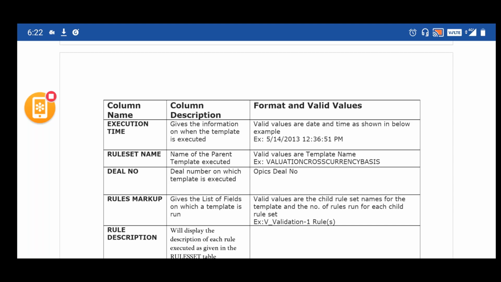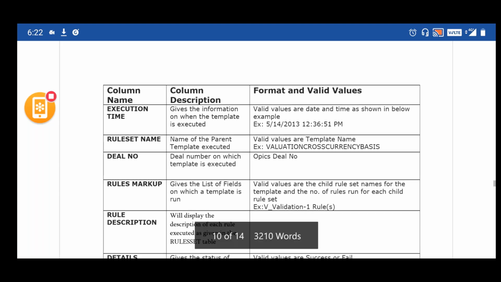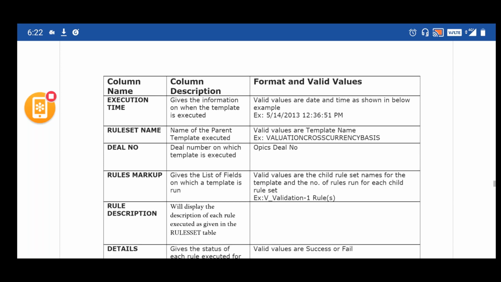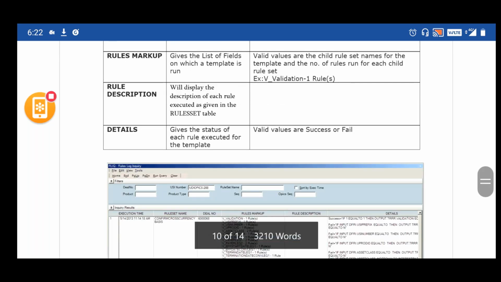What values it will take, what values the system will accept, that format and the valid values are defined here.